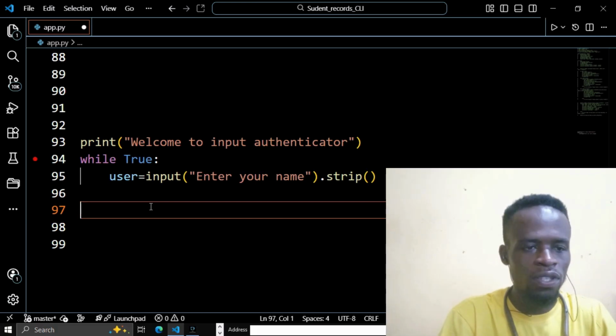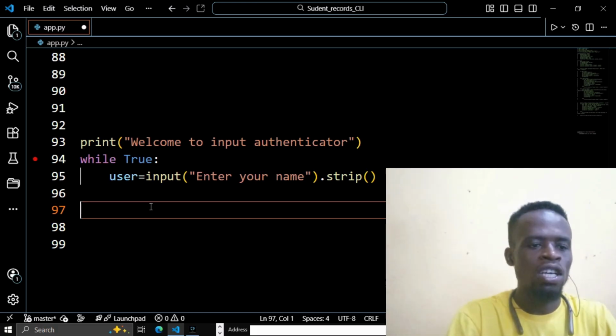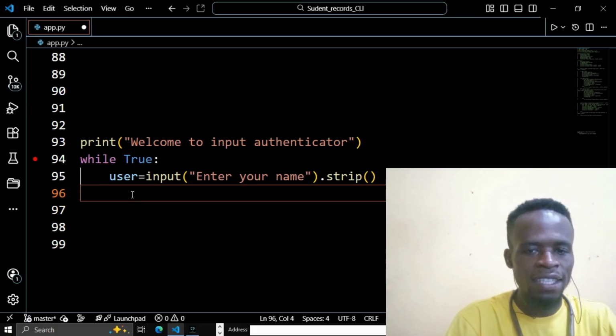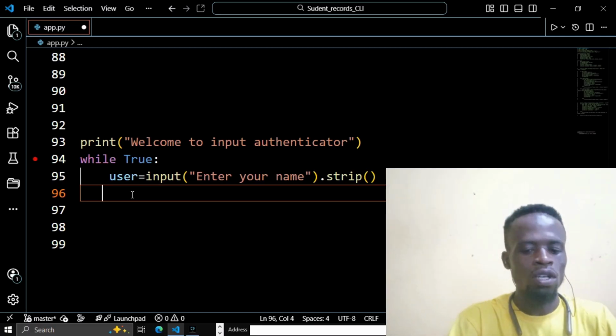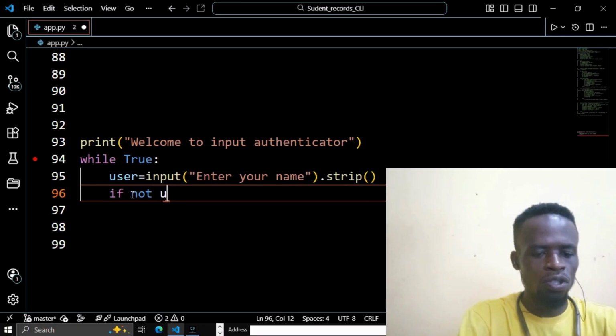equal to inputs. This is just for us to be able to take the input from the user. So now, first of all, we want to see if the user enters something or not. If the user doesn't enter something, what should the system do? So we are going to say, if not user,